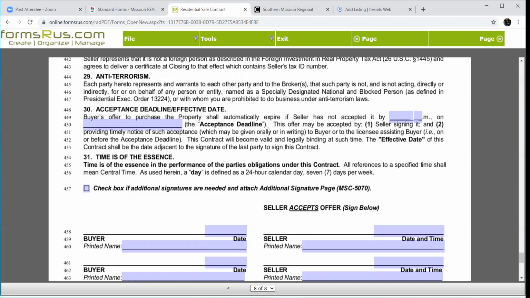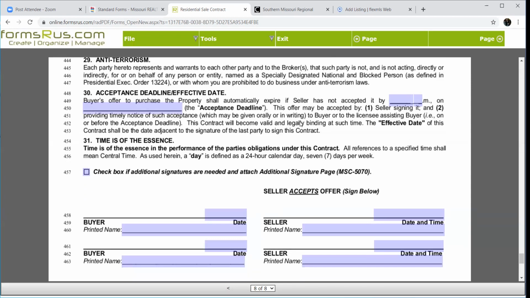But you don't have to have it in there. And if you make an offer to me and don't have a deadline on there, and we haven't responded, and your client finds something else, just call me and tell me that the contract dated whatever has been terminated or withdrawn. Okay?